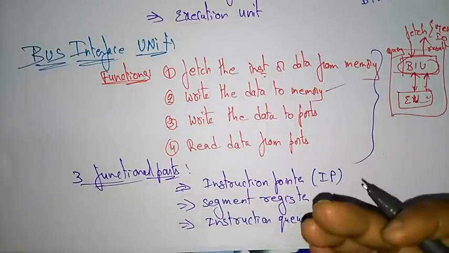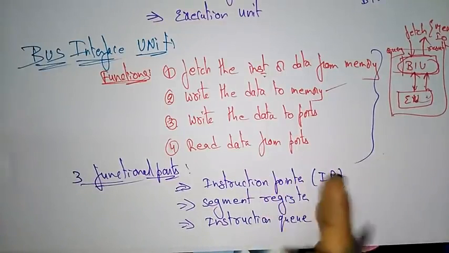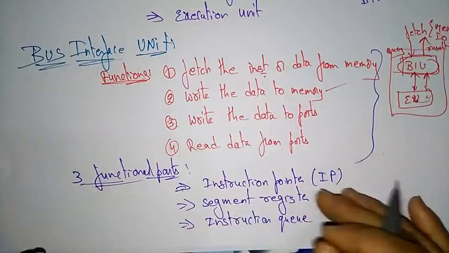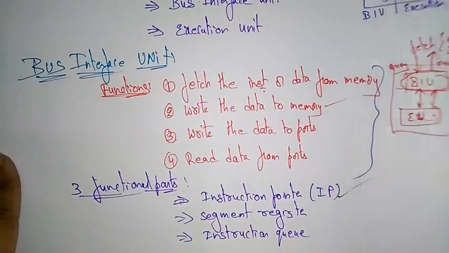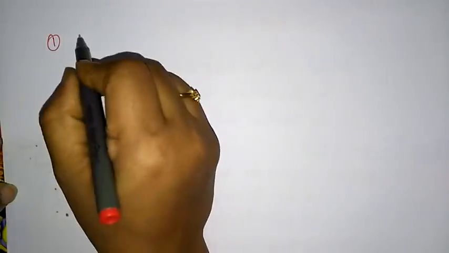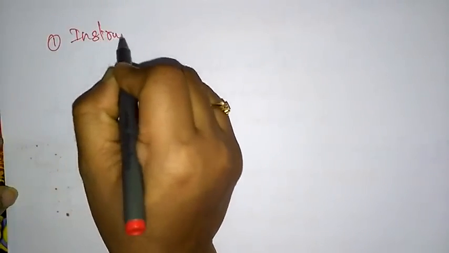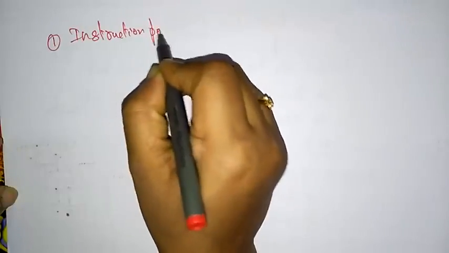First let me explain about these functional parts. After that I will show you the operation in the diagram. Okay, so let's explain the instruction pointer. What is the use of the instruction pointer in the bus interface unit? The first functional part is the instruction pointer. So what is the role of the instruction pointer? First, the instruction pointer is a 16-bit